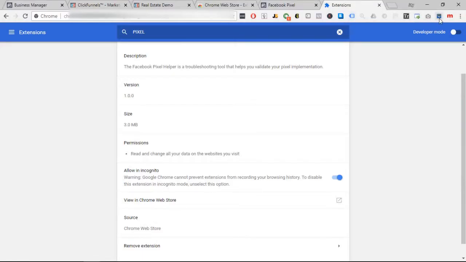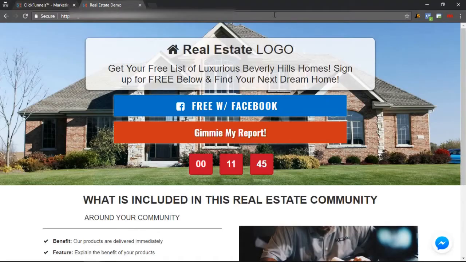If you're getting errors on your Pixel Helper extension on your regular browsing, regular Chrome browser, that's because you might have some ad blockers set up. If your setup is just like this, then yeah, you're gonna want to do it under incognito mode. All right, so